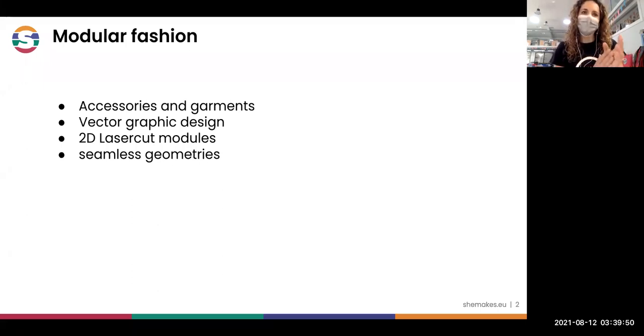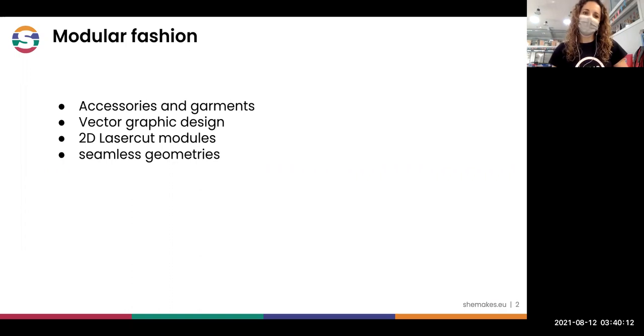So when we are trying to make garments, when we are trying to make some clothes, we have a lot of leftovers. So with this workshop, we will try to reduce the extra consumption of fabrics.